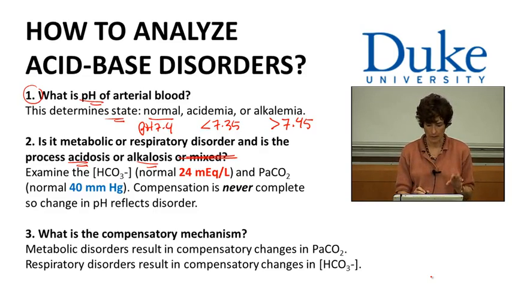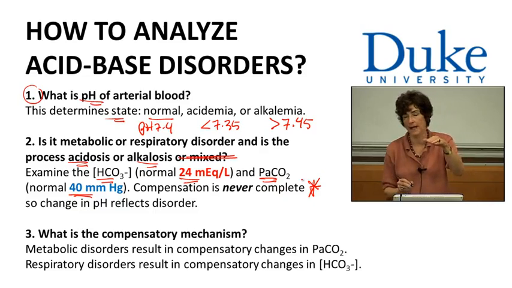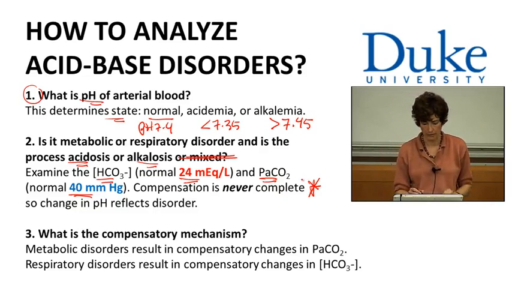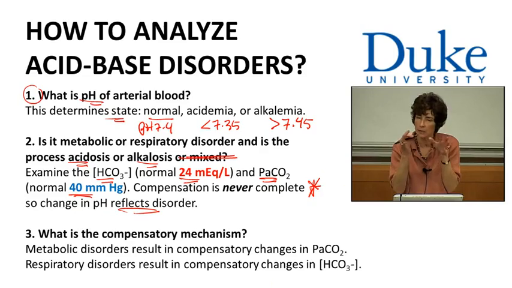Only acidosis or alkalosis, and it's a simple acidosis or alkalosis. So the thing that you want to do then is to examine the amount of bicarbonate to see whether or not it's normal. It should be 24 milliequivalents per liter. And in the PaCO2, you want to see whether or not it's normal, and that's 40 millimeters of mercury. The thing to remember is that the compensation is never going to bring you back to an exact pH of 7.4. And so it's always going to reflect the disorder. So you'll bring it back close, but it's not going to bring you back to exactly